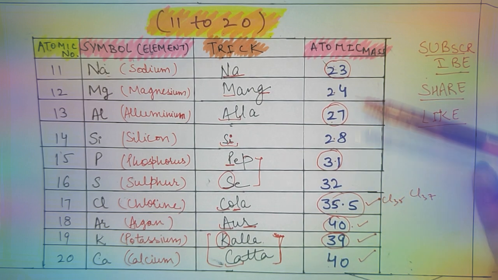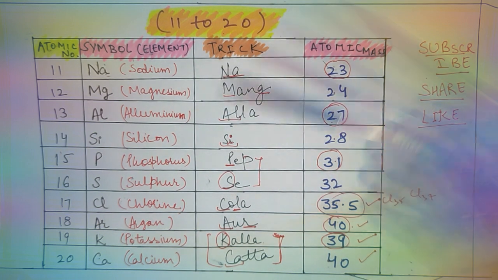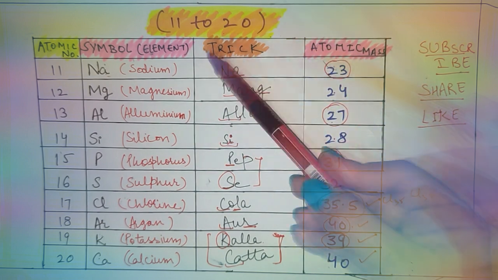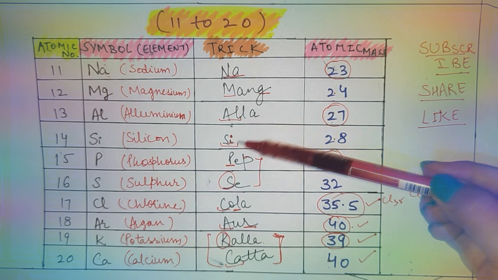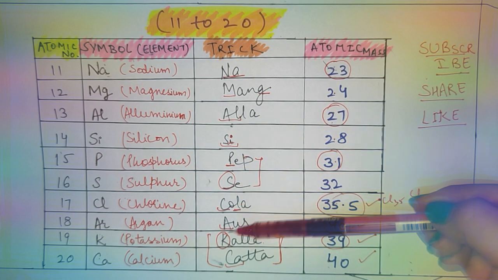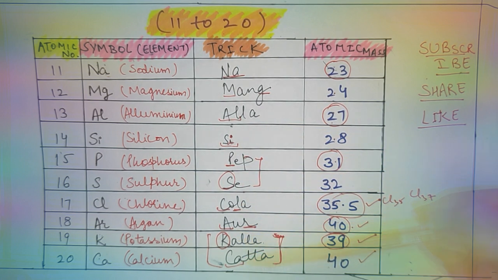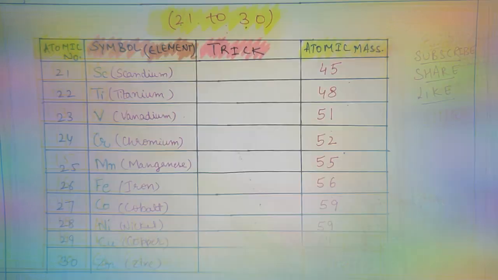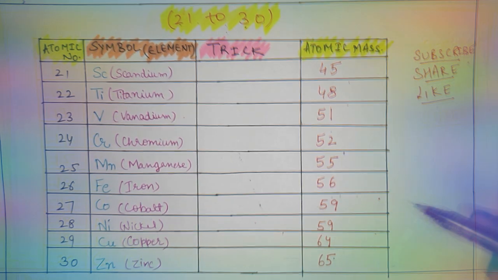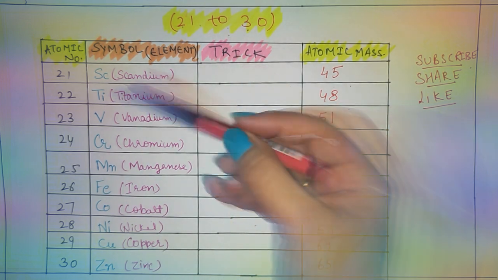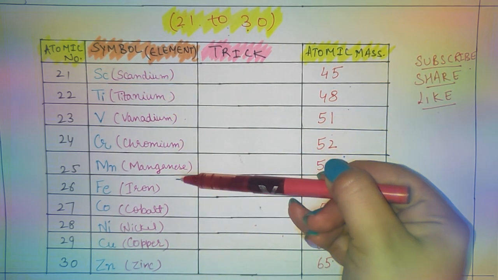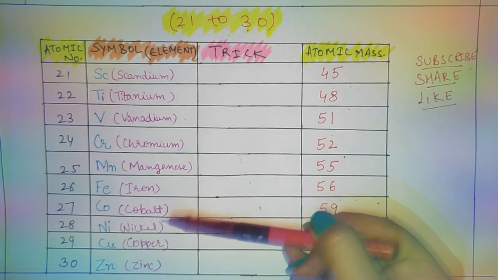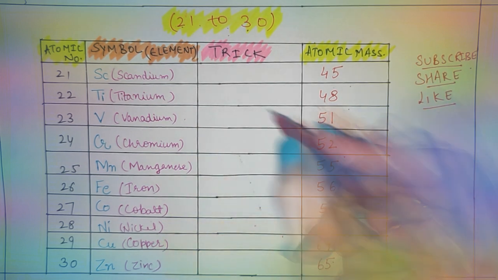So this is the trick or the way you will remember atomic numbers 11 to 20. So sodium, magnesium, aluminium, silicon, phosphorus, sulfur, chlorine, argon, potassium and calcium. Now moving to the next, 21 to 30. Here 21 is scandium, titanium, vanadium, chromium, manganese, iron, cobalt, nickel, copper, zinc. And here the trick is